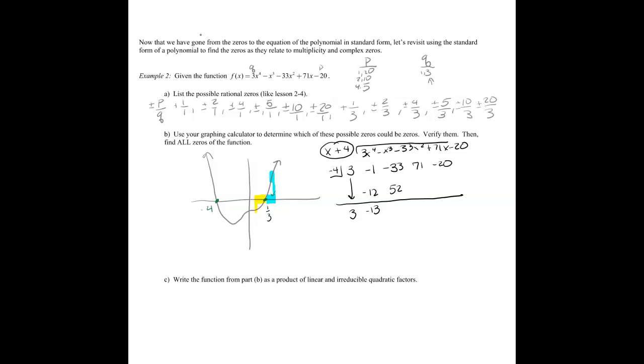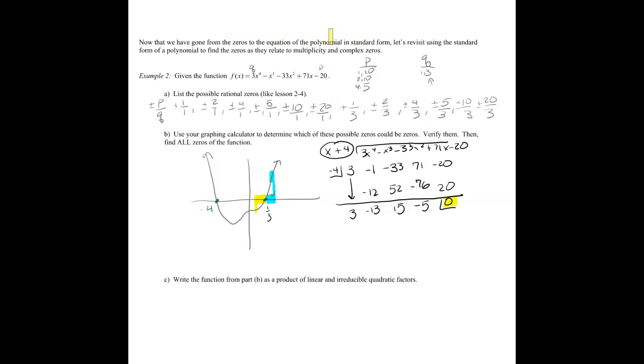And then add -33 plus 52. That'll give me 19... then I take 15 times negative 4, which will give me negative 60, which all in all will give me a negative 5. Negative 5 times negative 4 will give me positive 20. Adding those straight down will give me a remainder of 0, which means, since I got this remainder of 0,